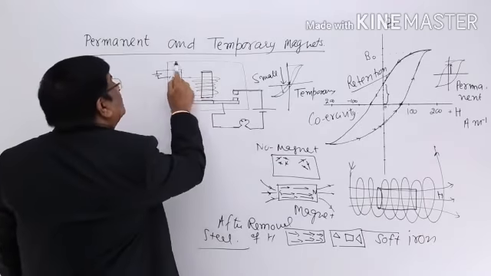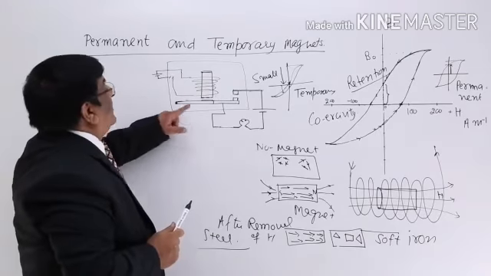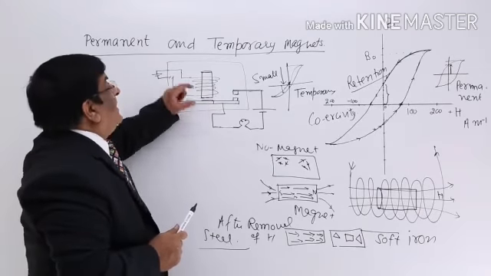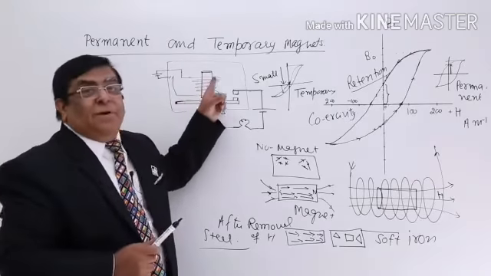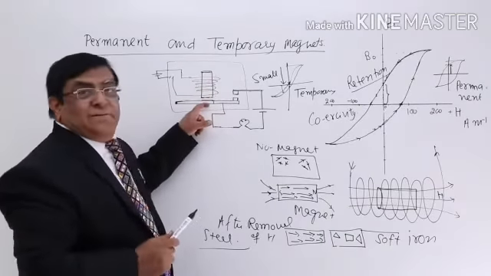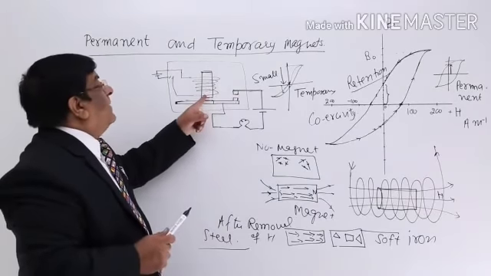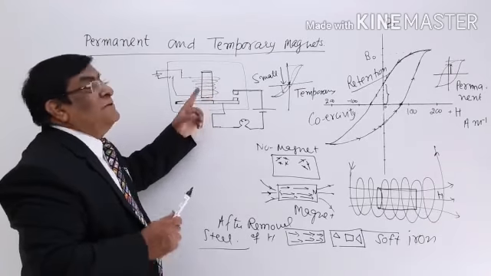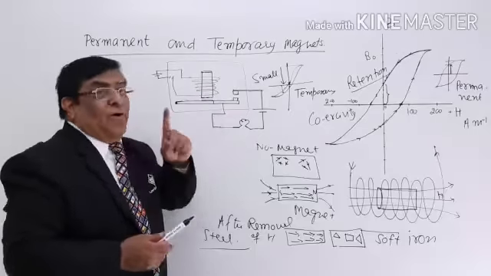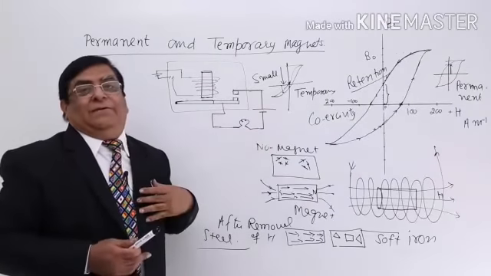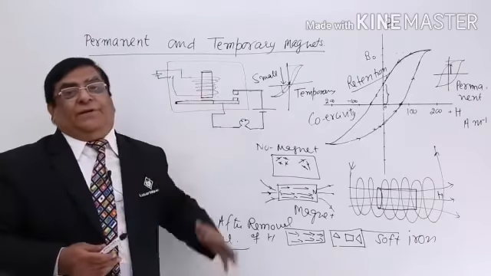Now in this relay device, what is the point I am going to emphasize? When I switch it off, we expect that it should fall down. If this has become a magnet while making contact and it becomes a permanent magnet, then it will not drop. If it will not drop, you cannot switch it off. It must drop. Why will it drop? Because this magnetism should vanish as soon as we stop the current, and that will happen only if it is a temporary magnet. That is why remaining temporary is very, very important for it.